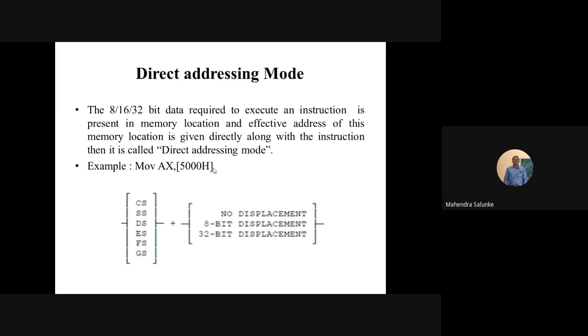Now, if I simply modify this instruction and write MOV AL, [5000H], I modified my destination register size, which is AL. AL is 8 bit. So in that case, only 1 byte will be transferred. So depending on the register combination, we need to always consider the operand that we want to access and what register we are using. If we mismatch the operand size and the register, then definitely your results will be wrong.